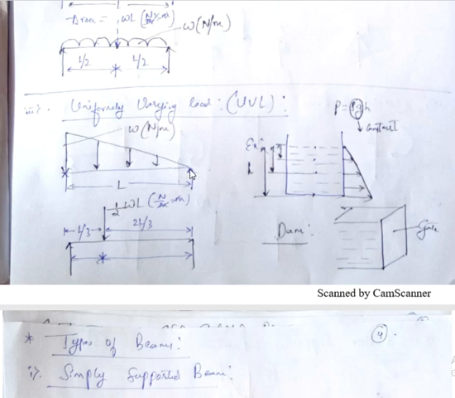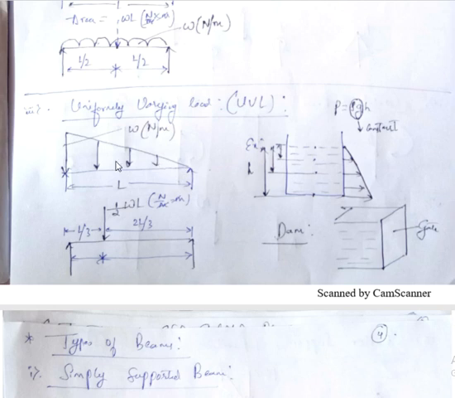Now if you look at this, the load at this end is 0, and as I move towards the left side of the beam, the load is varying uniformly. It is varying, it is not constant. Suppose the load here is 0, and here it is 10 kilonewton, here it will be 20 kilonewton, here 30 kilonewton, and here 40 kilonewton. So the load is varying uniformly by an amount of 10 kilonewton. That is the example I have taken.